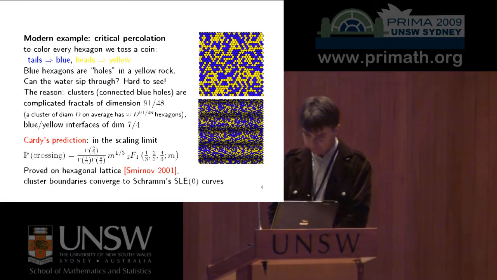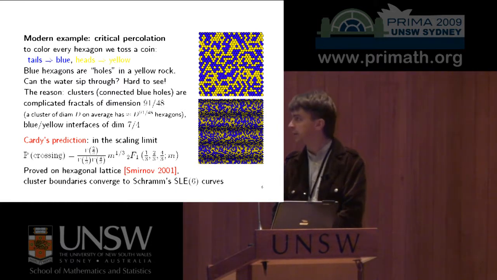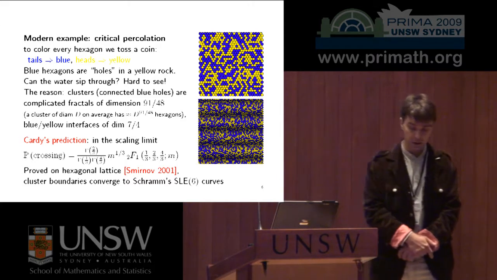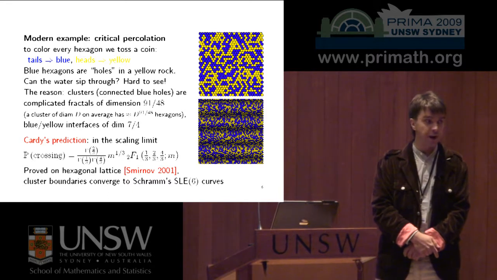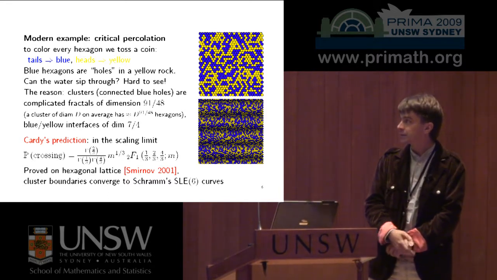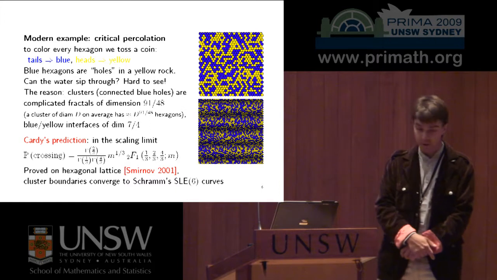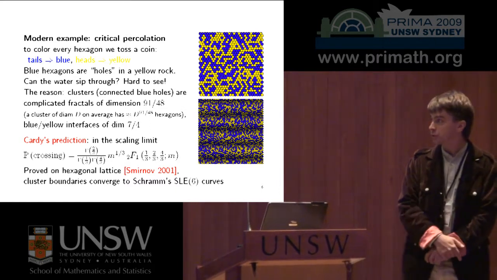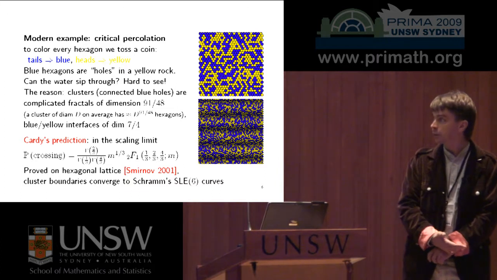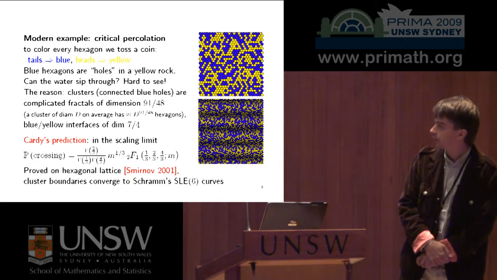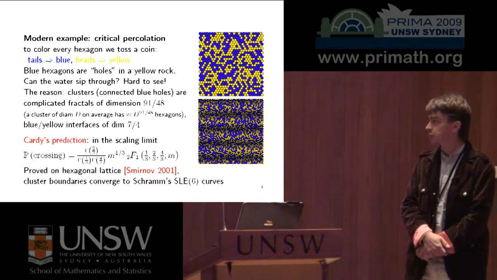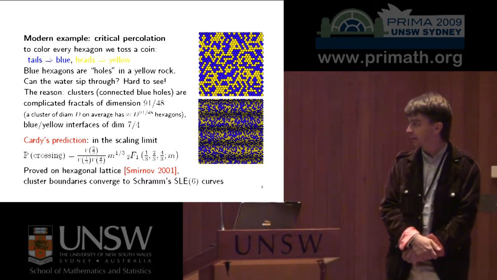When mathematicians started discussing this, and it started with physicists doing a lot of computer experiments, this got physicists to return to this problem, and John Cardy made a prediction for the exact value of this probability. So it's written there. It's a hypergeometric function of the conformal modulus of the rectangle, and it looks a